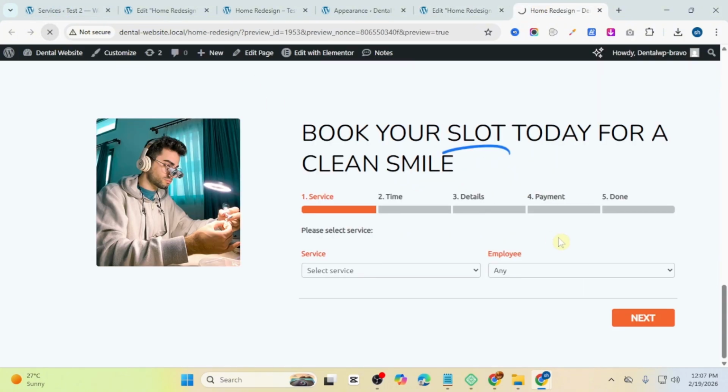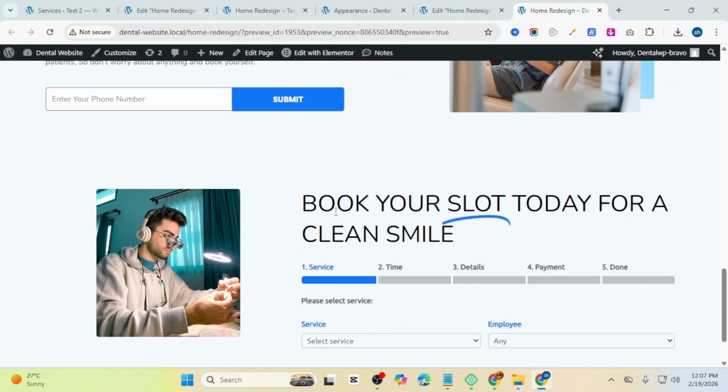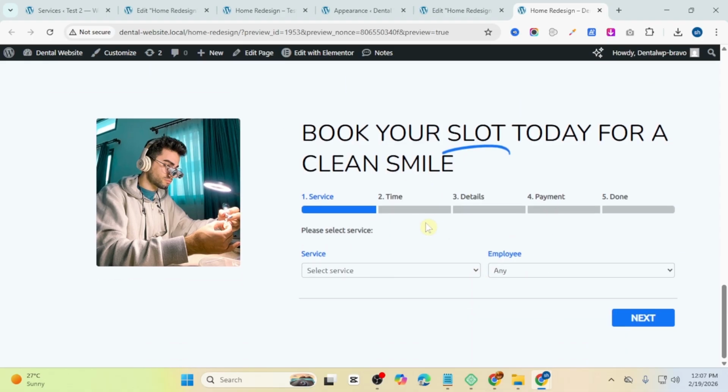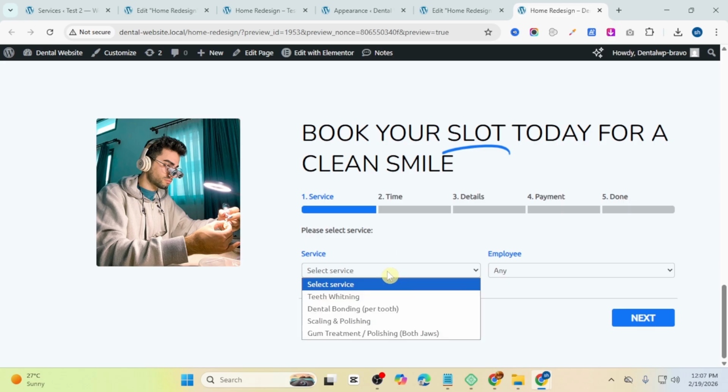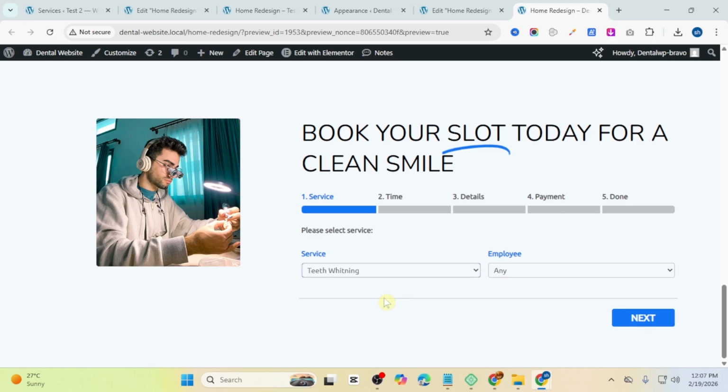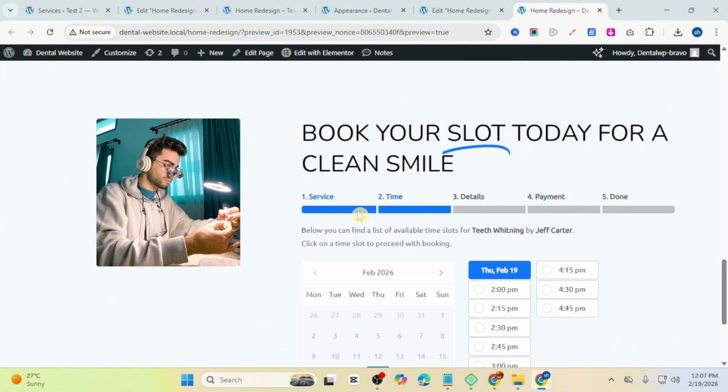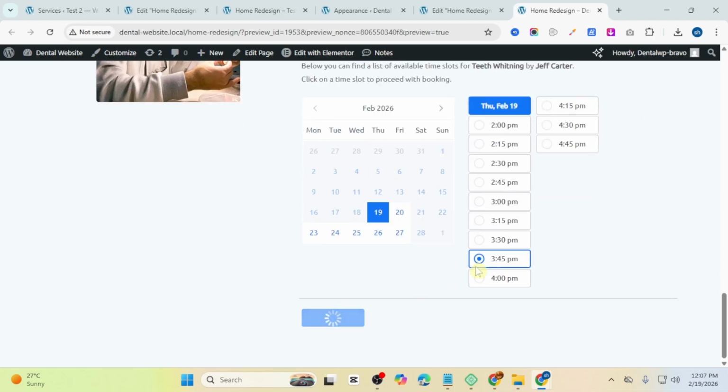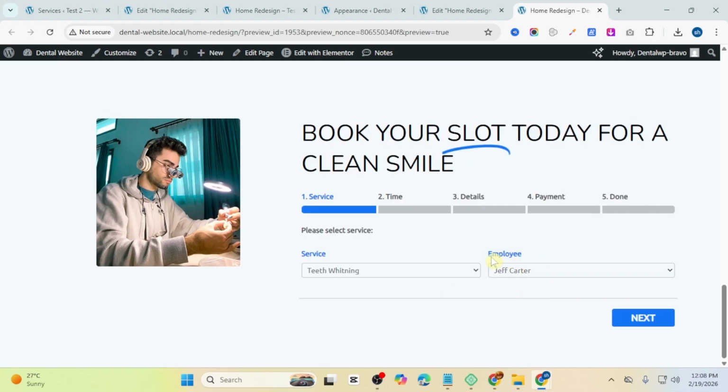Now just refresh your website. And here it is, the simple clean booking system. So now test this if this is work or not. So I'm just choosing the service, the employee. So let me change this first. We don't want any employee here, just we will add the doctor or choose your doctor. So do this,